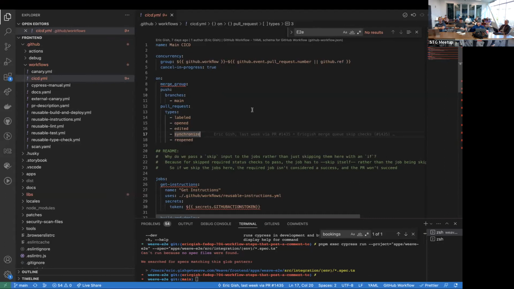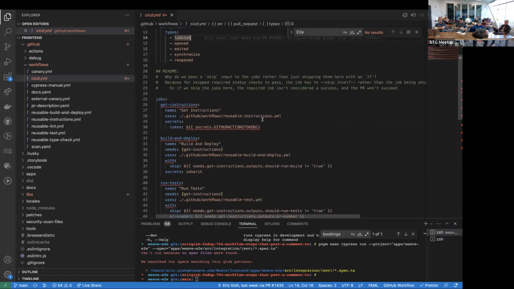Because those don't take. No, they take about 3 minutes because you have to run npm install. And we could probably make that better, but I don't require it. If you want to just take your chances and throw it in the queue, you might as well. If you want to run it before getting into the queue, you add that label, run type check, and then you can see it. So everything is opt in while your PR is open, and then everything's required in the